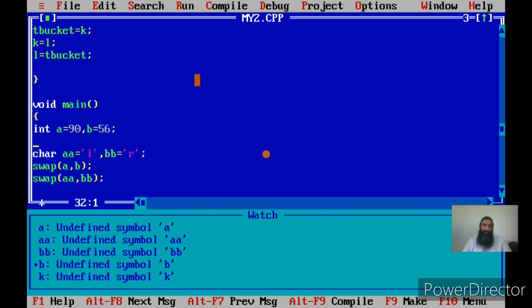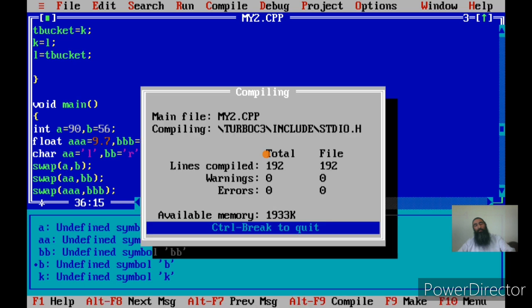Now if I declare two floats, say AAA 9.7 and triple B 6.7, okay, now we can call the swap again with AAA comma triple B. What will happen? Okay, you see these three function calls.